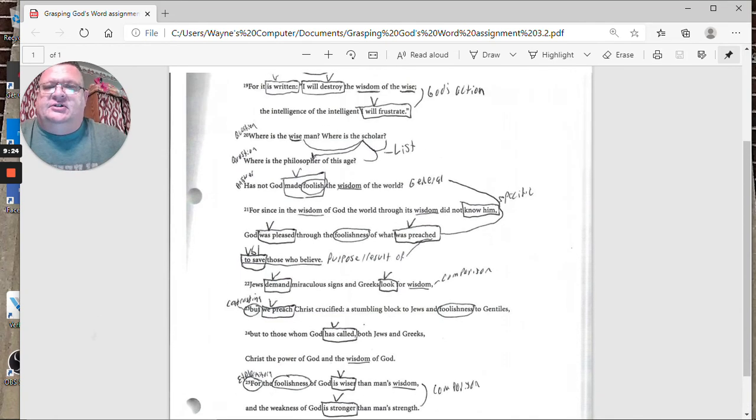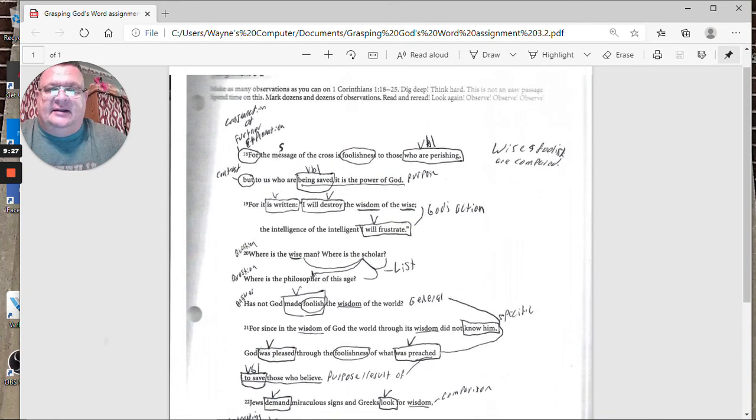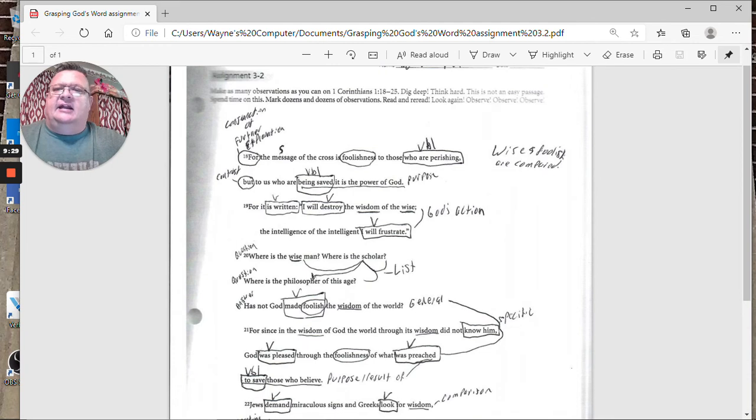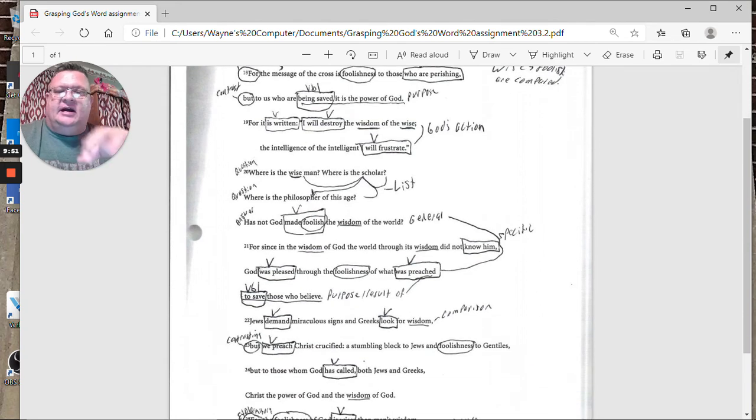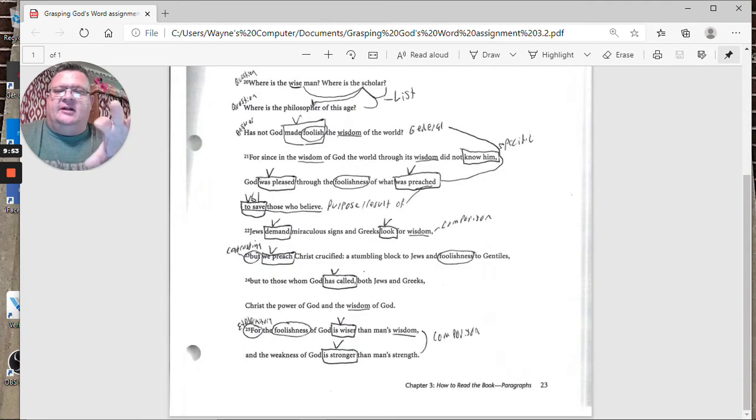And so these are some general observations that I've seen, some things to look at. Again, if we're looking at it through the scope of a paragraph, the things we're looking for can't be accomplished in one sentence. You need more than one sentence to find a comparison. You need more than one sentence to have a general to specific. So these are the kinds of things you want to look for at more of a paragraph level when you're studying the Word of God.